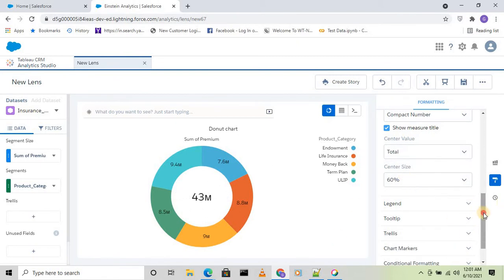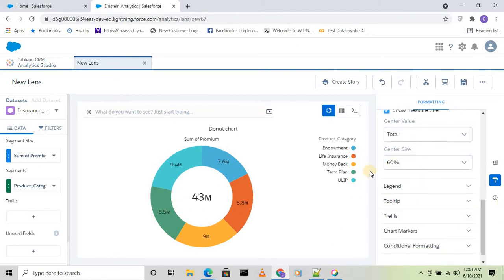Okay, then the center size. We can increase or decrease the center size. For example, currently it is 60%. Now let me make this 80%.